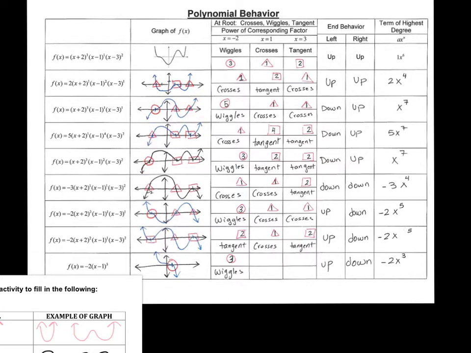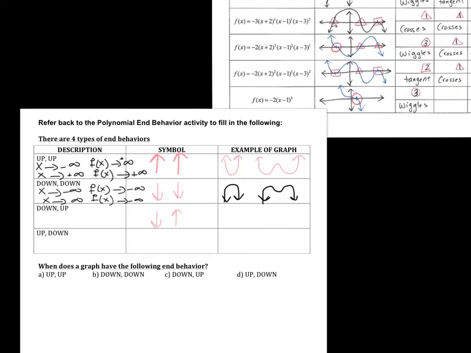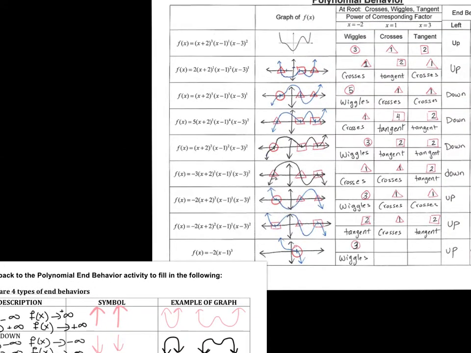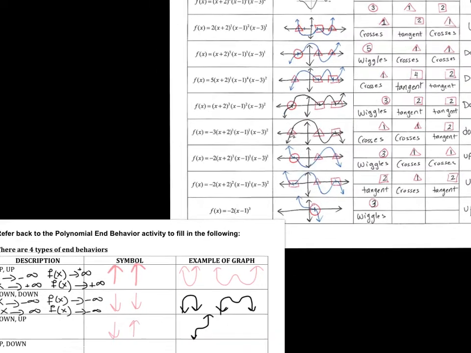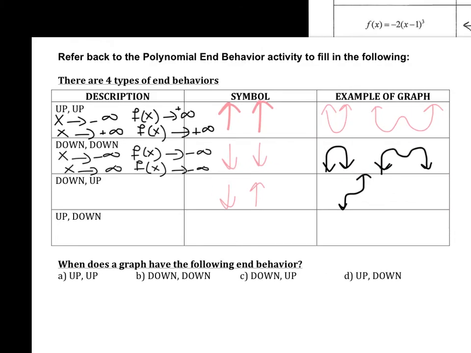So that reminds me of the cubic function, or maybe if you would like to copy one of those graphs, then any of those graphs is a down-up function. Okay? And again, if I want to write the end behavior in a fancier way, I would say that